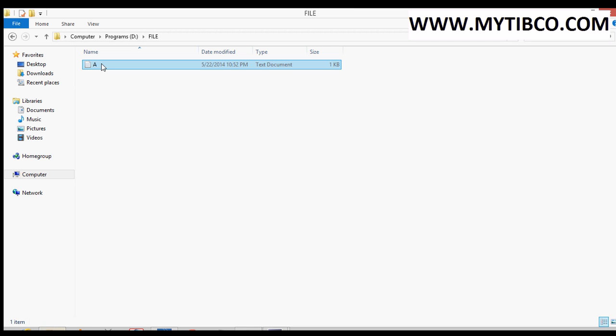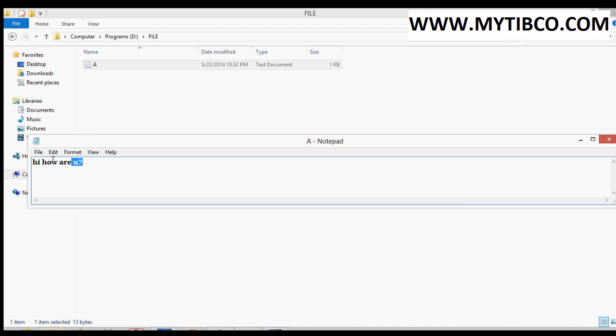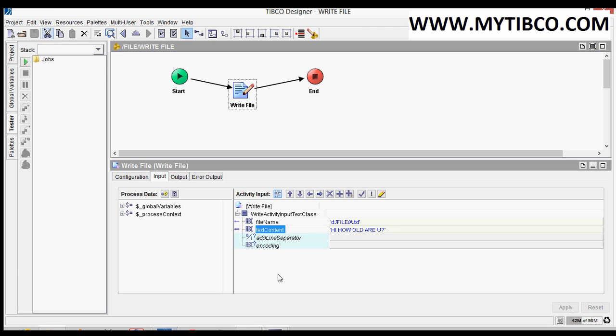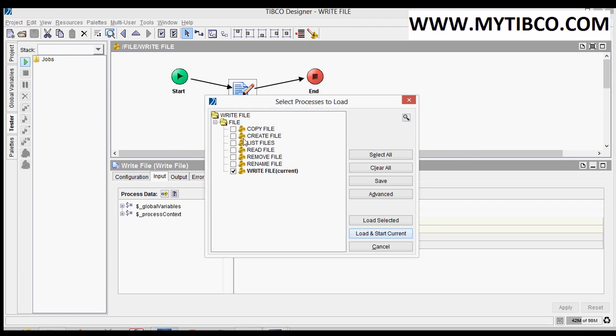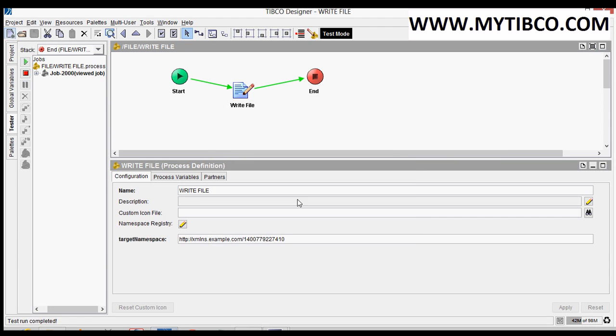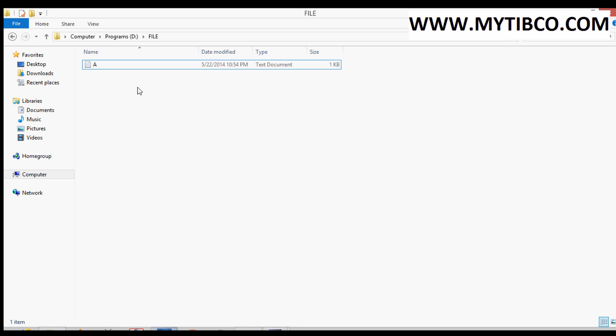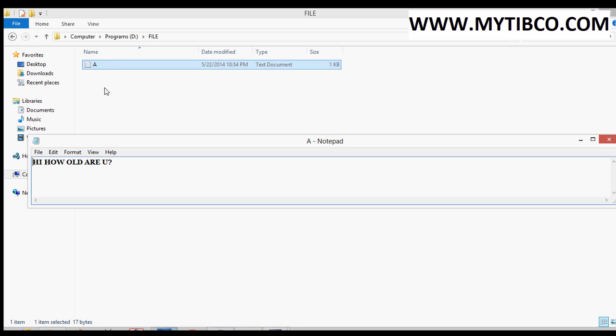See, now the file already has the data. Hi, how are you? Okay, now I want to write the data. How old are you? Start it. Okay, now see, the job is created. Let us see which data is present. Okay, the old data is deleted and the how old are you is present.